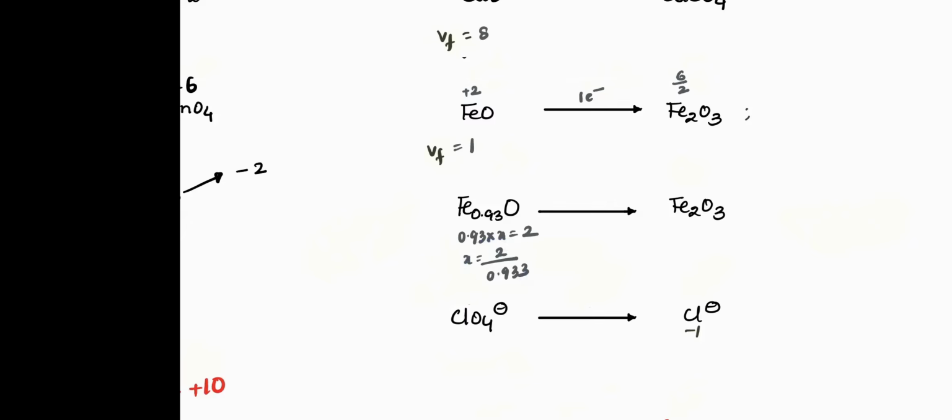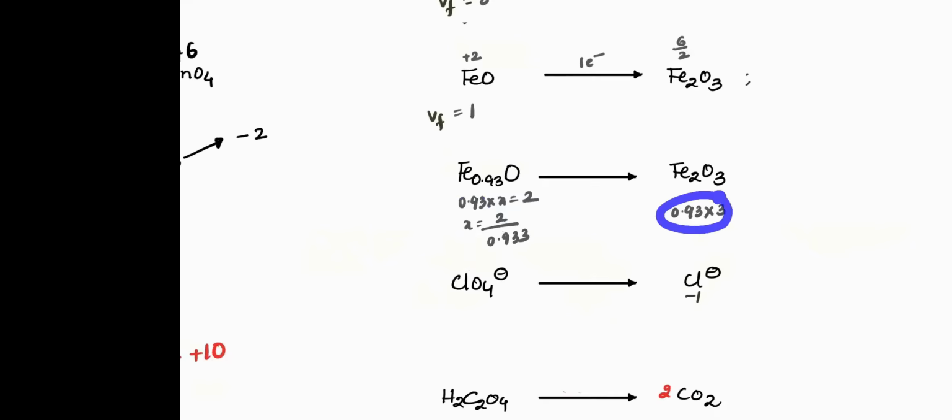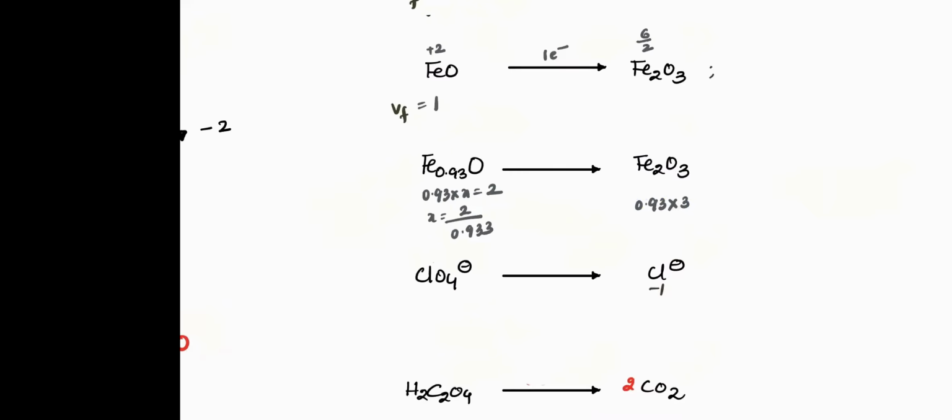I hope this part is clear, everybody. Check out on the right hand side how much it is. So we have, for 2 irons it is +6, isn't it? For 2 irons it is going to be +6. But I need to find out for how much iron here, because 1 mole contains 0.93. So I have to again calculate it for 0.93. So that is 0.93 times 3. So this will be the total charge of iron, because 1 iron is +3, but I require it for 0.93. So therefore, valency factor will be equal to 0.93 into 3 minus,